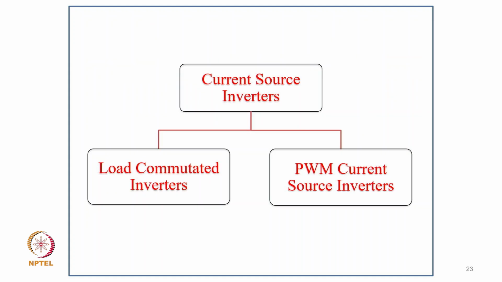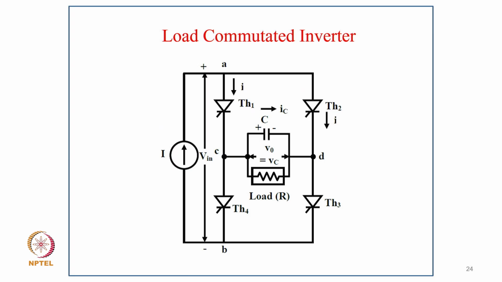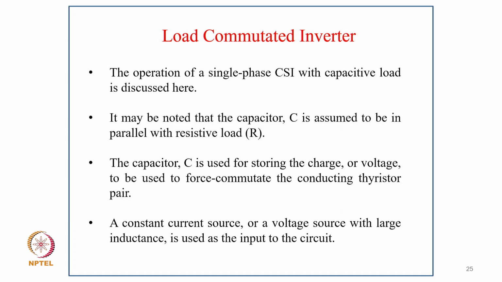So now this current source inverter can be classified as load commutated inverter as well as pulse width modulated current source inverter. So this is typically a load commutated converter. You can clearly see that normally we use the DC current source and thyristors, and of course we put a capacitor in parallel to the load so that the load has a leading power factor, and that power is the commutation for the thyristor. So it is used for a number of applications like induction heating and many other applications of such nature, including motor control, like synchronous motor control.